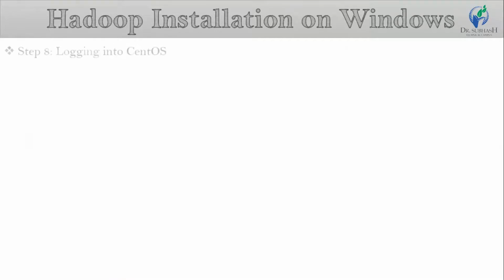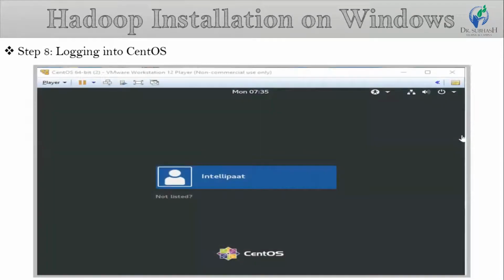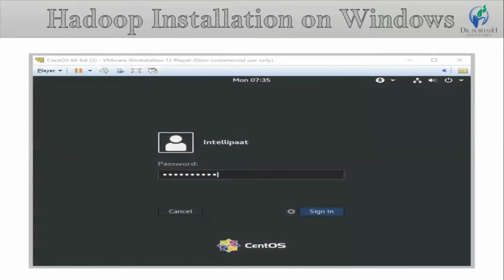Now step 8 is logging into CentOS. You will see the login screen as in the figure. Here you enter your ID and password, which you set up in step number 6.